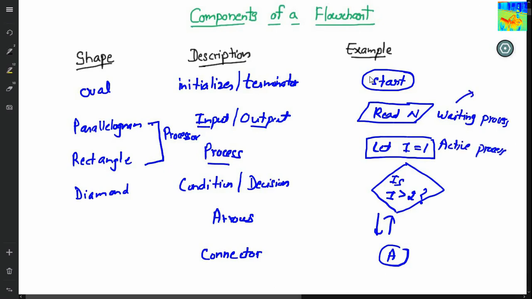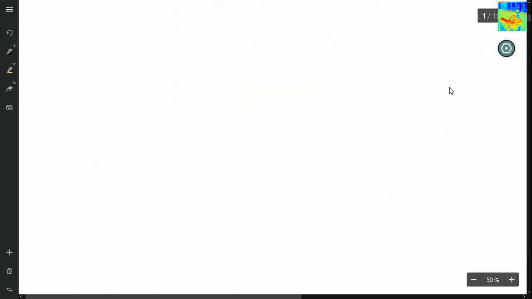In the waiting process, if the user is not giving the input, you can't proceed ahead. So in other words, we can say it depends on user. And the other doesn't depend on user. So that's why we have different shapes. Okay, great. So that was all theory about flowchart. Now we will solve few problems to get a better understanding of flowchart.